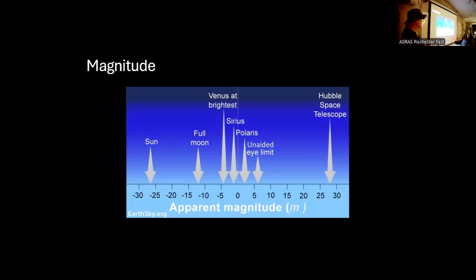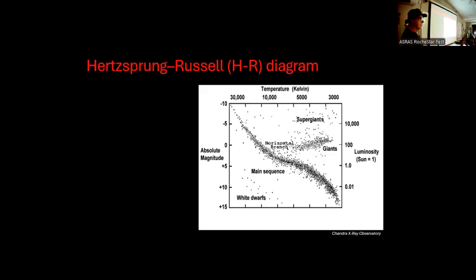And in Rochester, I would say that our unaided eye limit is probably considerably less because of light pollution and smoke and everything else. So if you look at a star chart and see something that's got an apparent magnitude of greater than 6, no matter where you are, you're not going to see that without a telescope or some sort of visual aid. So that's sort of our deep dive into magnitude. And again, it's there because I didn't understand it.